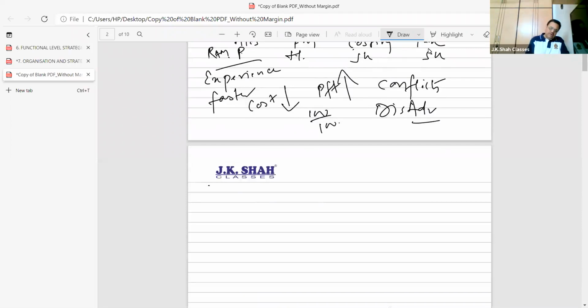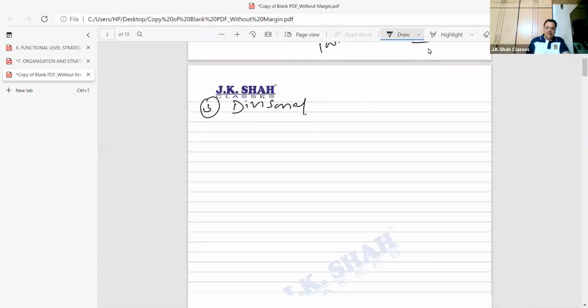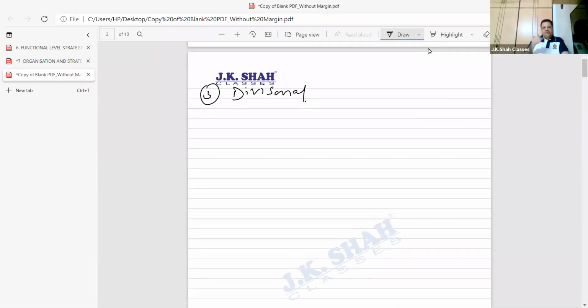Now the third structure that we need to study, after simple and functional, is the divisional structure. Now I'll give it 5 minutes after that. Better please note down the way I've written. Please, students. Divisional structure. In divisional I'll give you an example. With the example, bacha, things become easy, because I saw a case study that was there to construct a divisional structure.